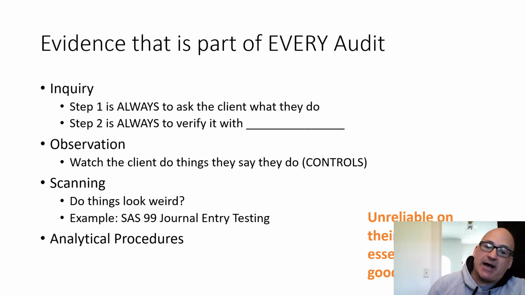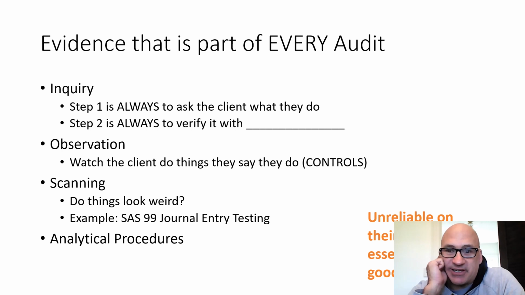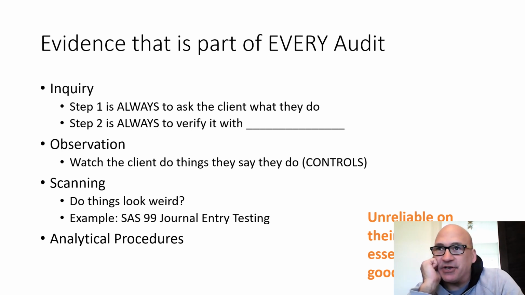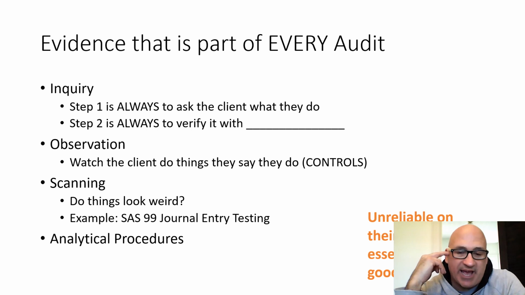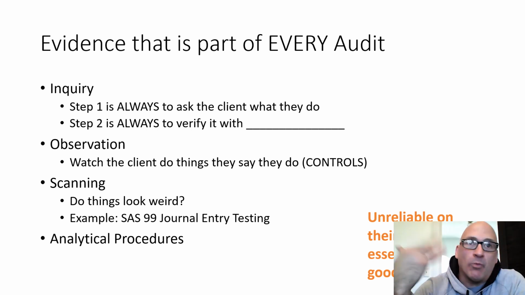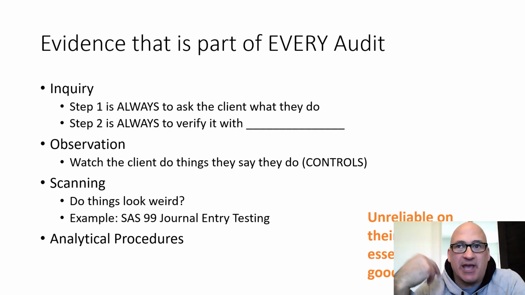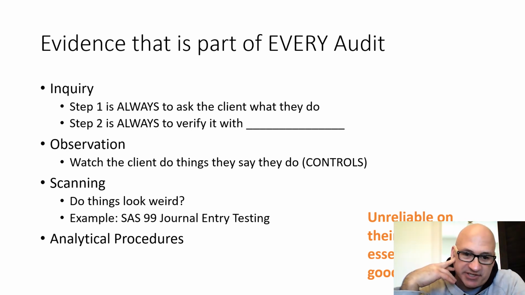All right. Observation, that's watching the client do what they say they do. A lot of times your client's going to tell you they do things. Observing is watching them. Clearly, you're watching it with your own two eyes, but also you're there. So this might be something that only happens when you're there. That's why it's not a great piece of evidence by itself, but watching them do something and then gathering evidence to make sure they're doing it when you're not there. Oh, that's a big part of control testing and auditing.